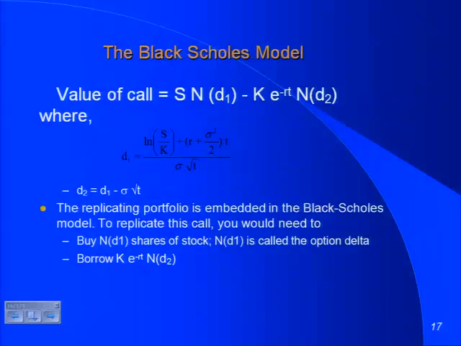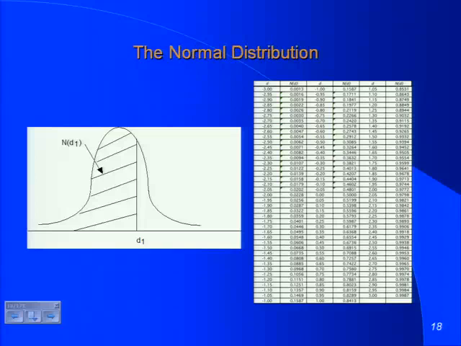But the original Black-Scholes, the final version of the model, you see, value of the stock today, N of D1. That's actually an area under the normal distribution. The reason I emphasize that is that you open up any statistics book, there's a normal distribution in the back, right? That gives you the height of the distribution at each stage. That's not the distribution you want. You want an area in the distribution. Basically, you're saying what's to the left of whatever number I'm looking at. It's a standardized normal distribution, so N of D1 is a number that lies between 0 and 1.